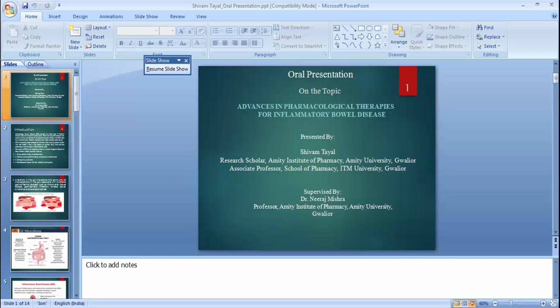I was talking about the gut bacteria, sir. Whenever alterations take place in the gut bacteria in our gastrointestinal tract, there may be a chance that this disease can happen. If there are alterations in gut bacteria, it can lead to inflammatory bowel disease and irritable bowel syndrome, and in some cases colorectal cancer can also happen. So maintaining good bacteria, good microbiota in the intestine is very important to prevent this disease.